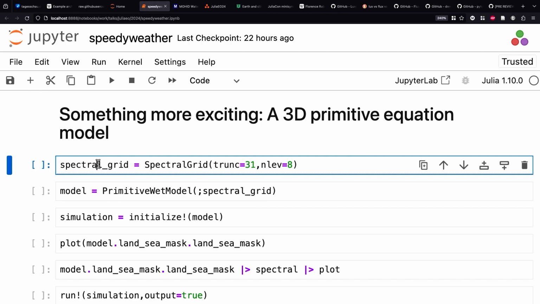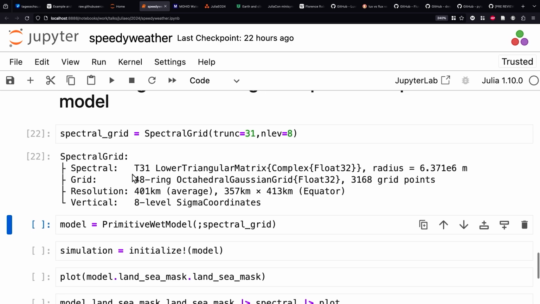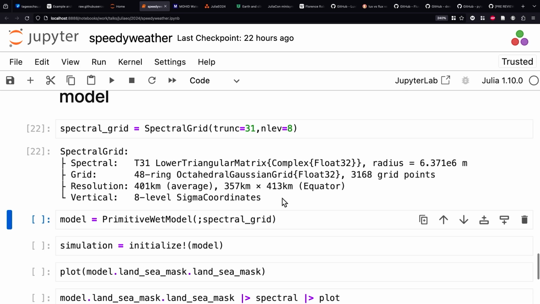exciting. Let's do, for example, and this is where we now define our spectral grid, not just with one level, but actually with 8 levels. So now we discretize the entire sphere into 8 different layers. So we're now in 3D world. But I reduced the horizontal resolution a little bit